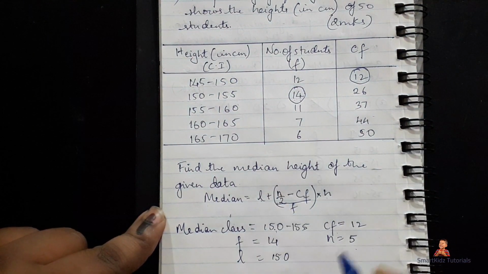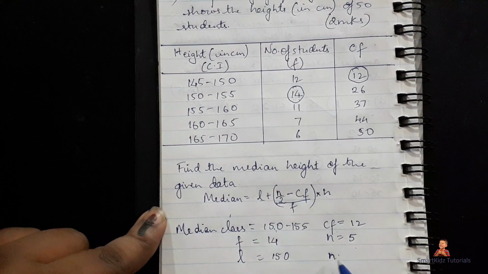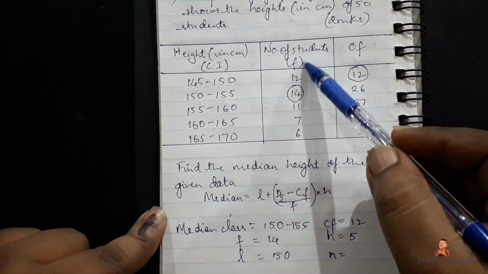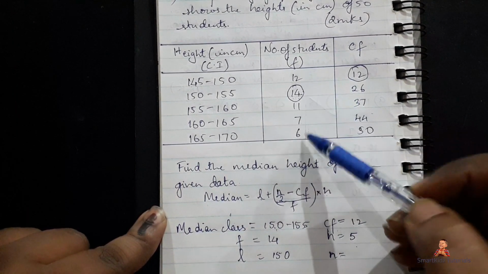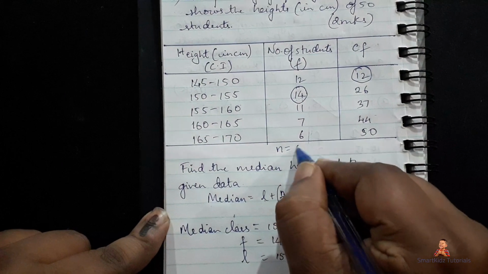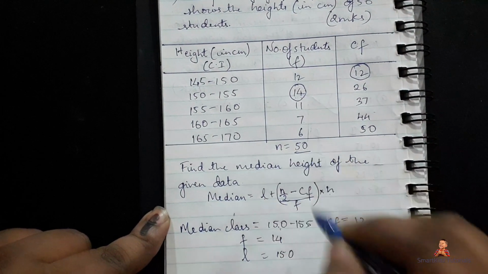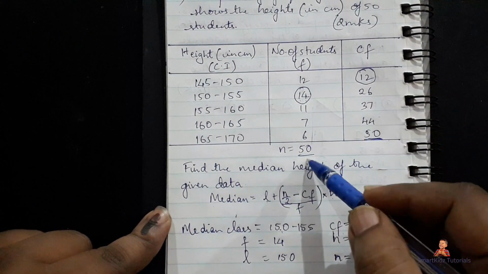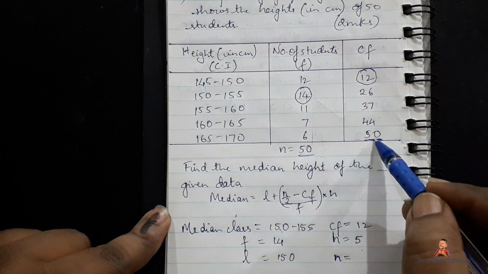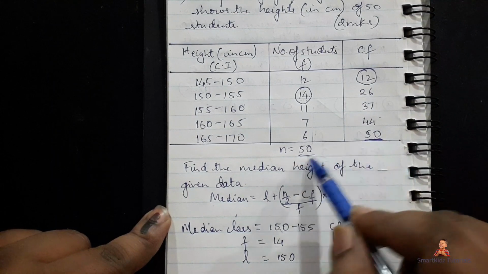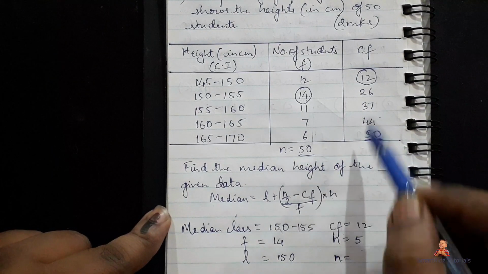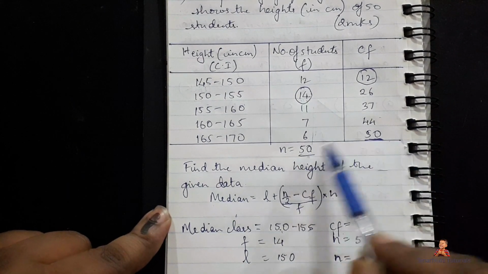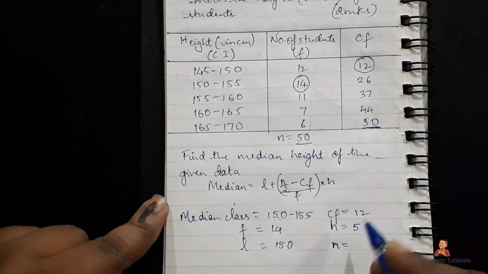Finally we are left with N. What is N? Make sure the H is different from N. Okay, N is nothing but the total frequency, so we need to add them up, and if we add them up we'll get N equal to 50. So this figure over here should tally with this figure here, or if you remove this first, then this figure here should tally with this. If they don't match with each other, that means you've got some calculation mistake somewhere. Okay, so now we have got them same, that means we are on the right track. So n is equal to